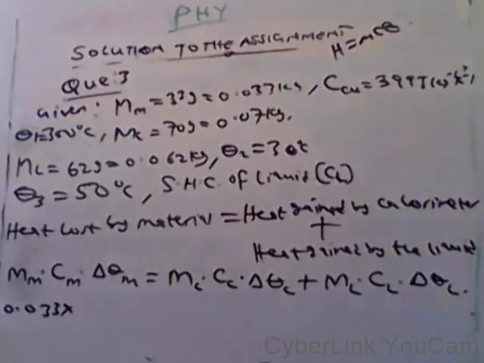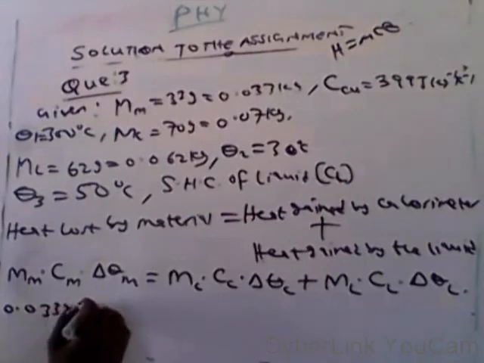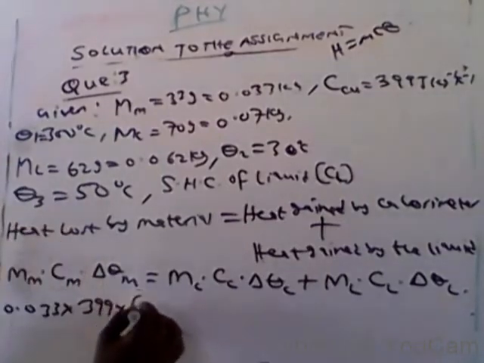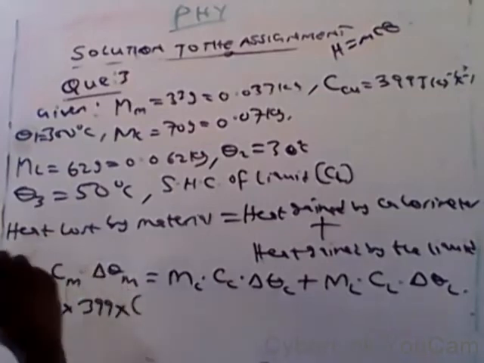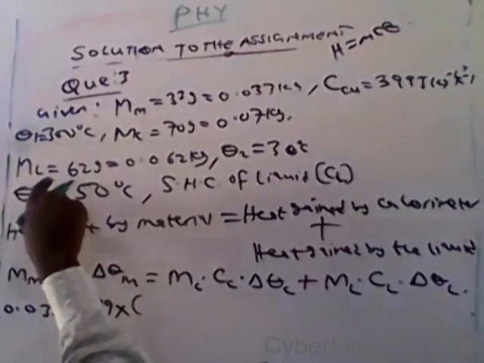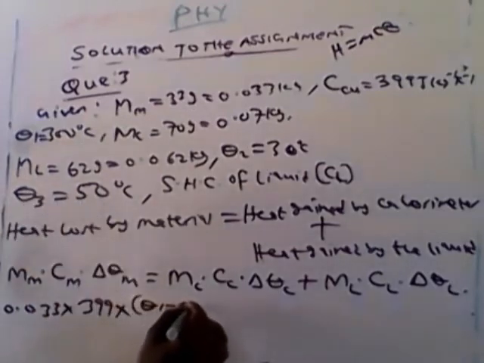Because that material is made of copper, we use the specific capacity of copper. So we have 399. The change in temperature of that material will be theta 1, the initial temperature of the material, minus the final temperature of the material, that is theta 1 minus theta 3,